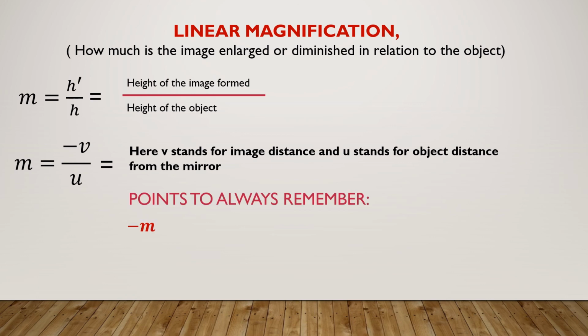If you have negative m as answer, then the image is a real image. If you have positive m, then it means